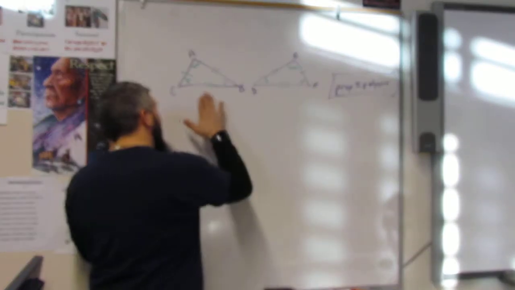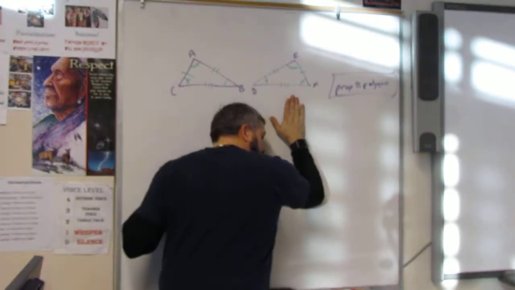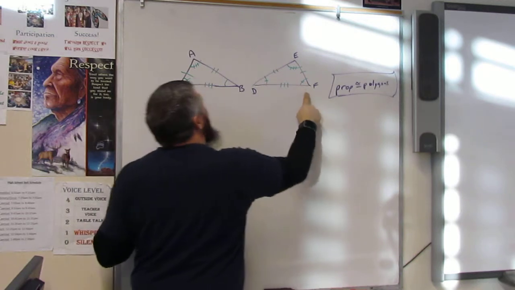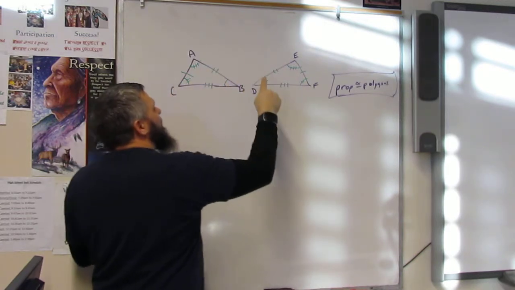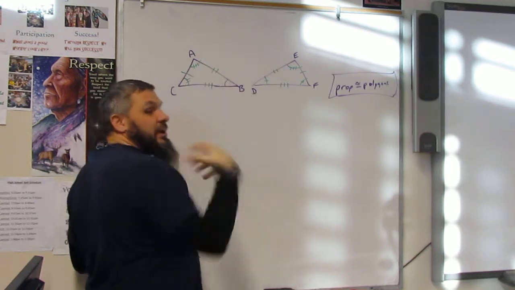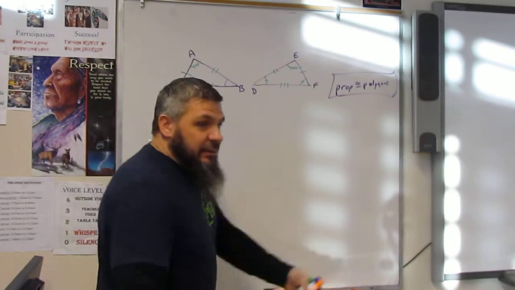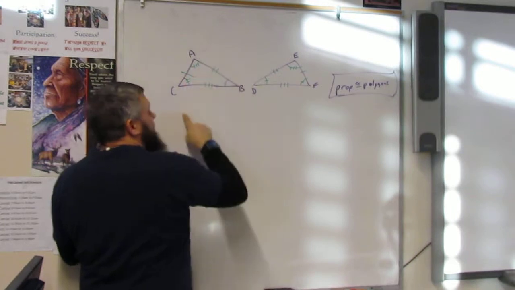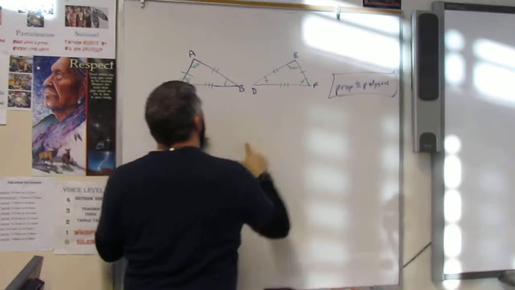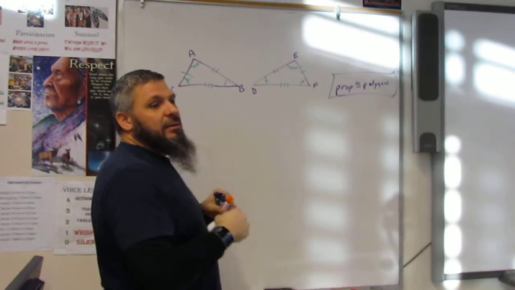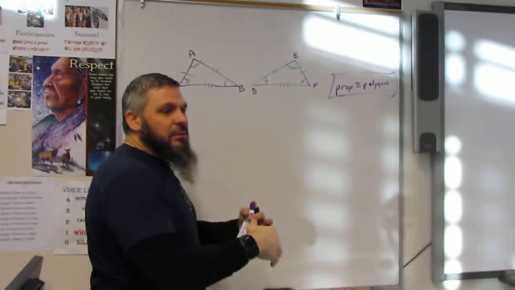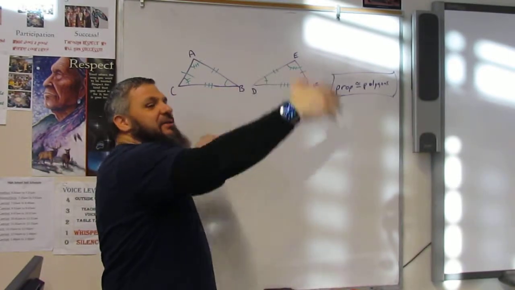If the corresponding angles are congruent, and that means if C is congruent to F, and B is congruent to D, and E is congruent to A, right? And CA is congruent to FE, and DF is congruent to BC, and DE is congruent to BA, right? If everything is congruent,